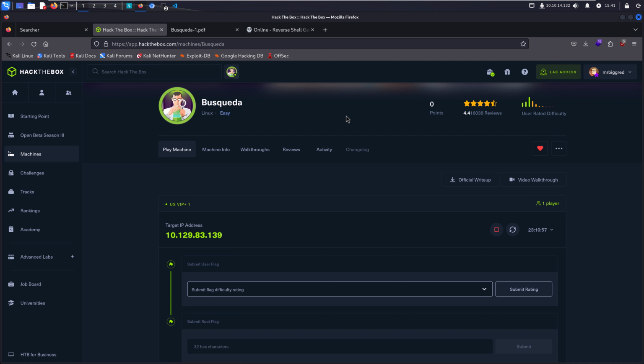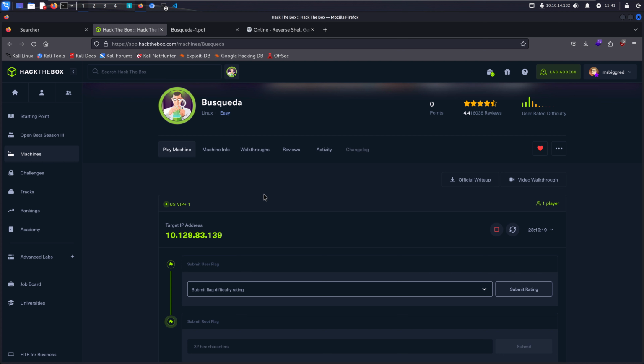Today we're going to focus more on the security side, with maybe a little bit of coding. We do have to try and create a reverse shell. This is a continuation from the last episode, where we figured out the user flag for this Hack The Box machine called Busqueda, which means search or quest in Spanish, if I have the translation correct. Today we're going to try and